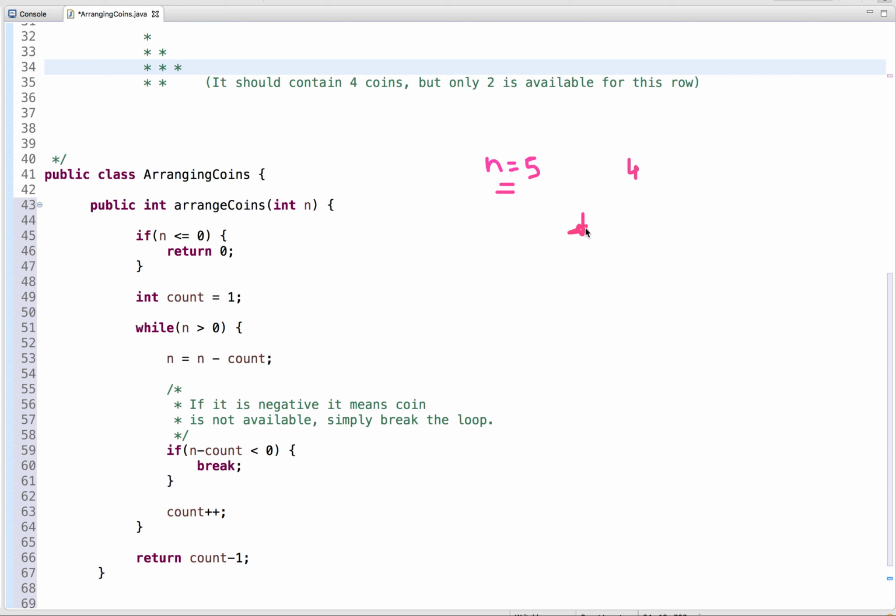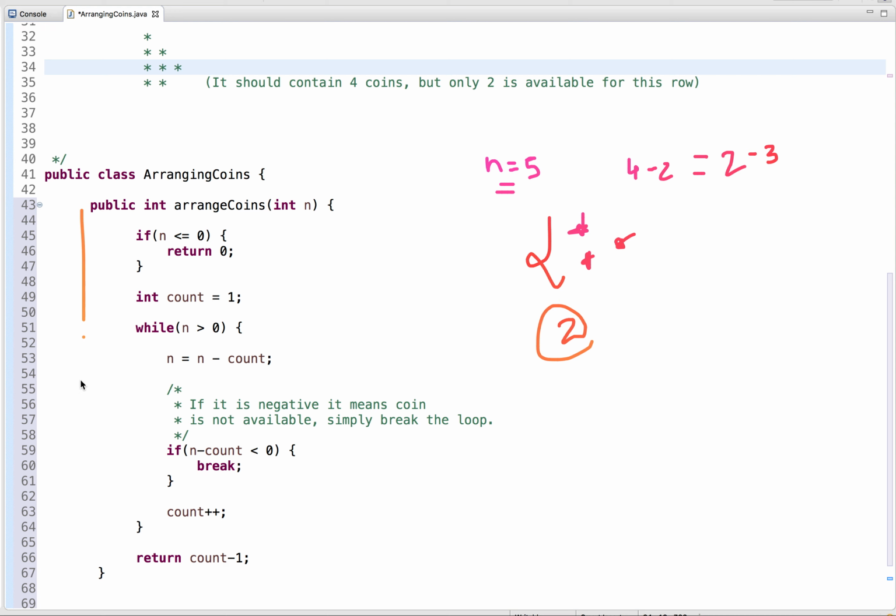In the next iteration, for the second row we need 2 coins, so we subtract 2 and we get 2, so we can form the second row as well. Now for the third row we need 3 coins, so we subtract 3 and we get a negative result. It means we can't form the third row, we can only form 2 complete rows, so 2 is the output. So using this logic we can solve this problem.